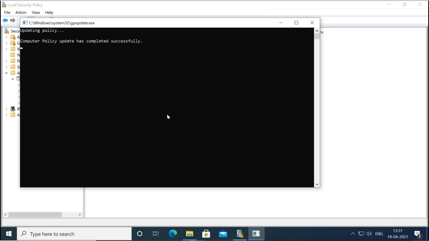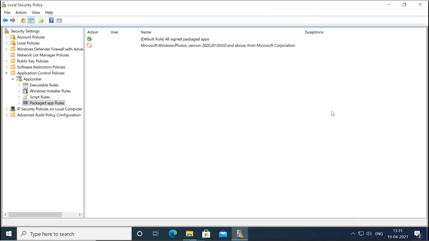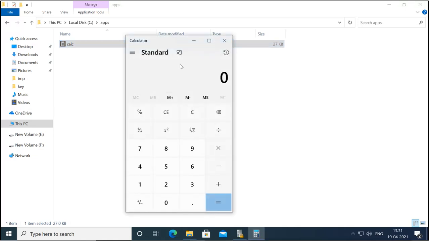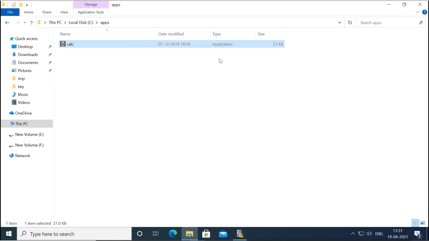And let's see whether it is blocking or not. It is still working because it works only on Enterprise Edition. But we saw how we can configure it.